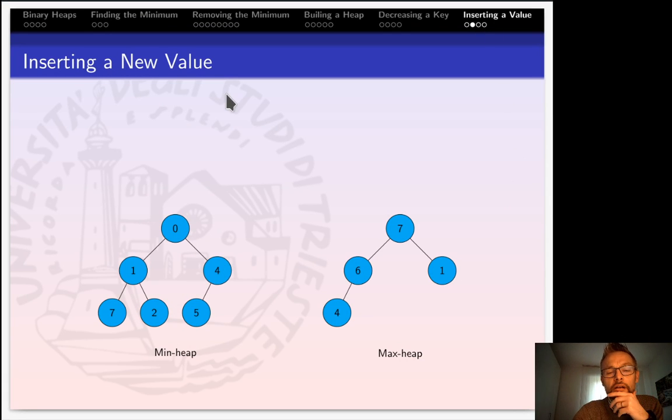So, as I said, from the topological point of view, binary heaps are complete trees, and so up to the second last level, all the nodes are present. As far as the last level is concerned, we have only leaves, of course, because this is the last level, so no more levels after that one, and all the leaves are on the left side of the